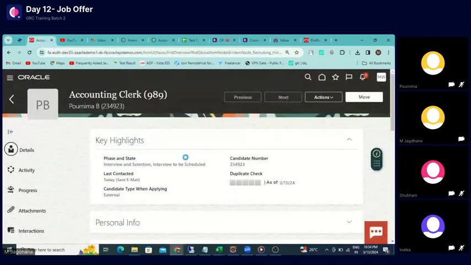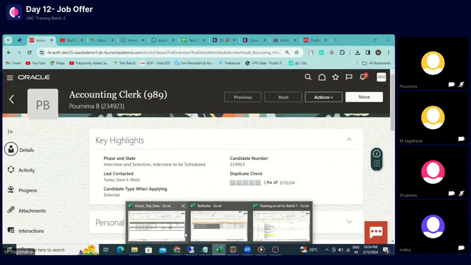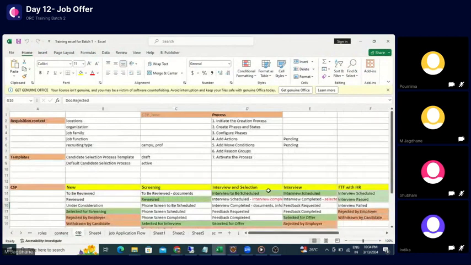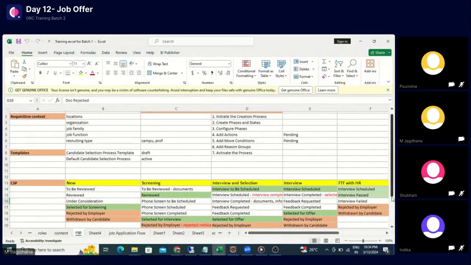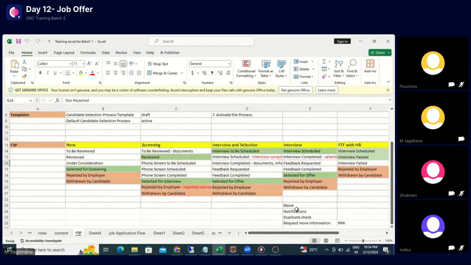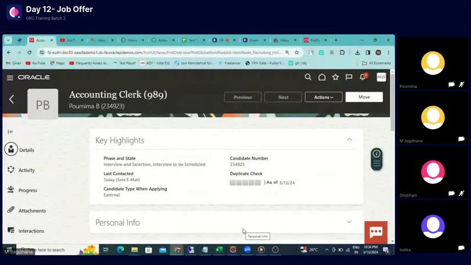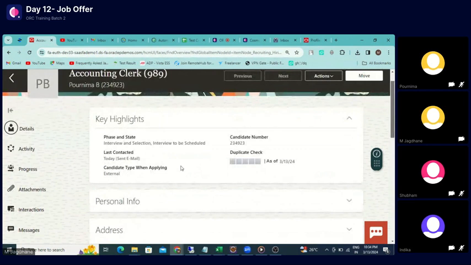So if you remember, in the CSP candidate selection process, we have selected this duplicate check and different notifications. We used to configure move operations, notification, duplicate check, all this in the CSP candidate selection process. Okay. Then next, this candidate has interview selection and interview to be scheduled. Next,